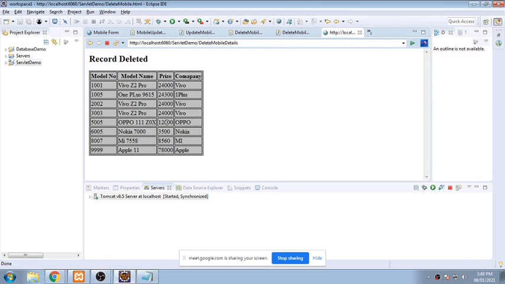Once you have written code for display, you can embed that code anywhere in your program, after delete, after update, or after insert also. So we have actually done this program for insert with display, update with display, delete with display. You can combine two codes together, and we can display everything on the screen.